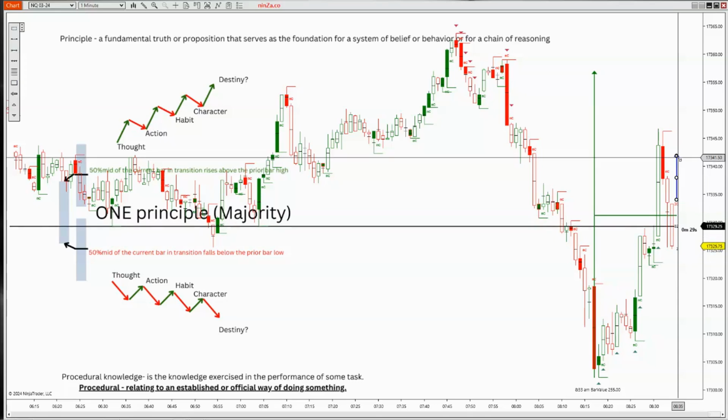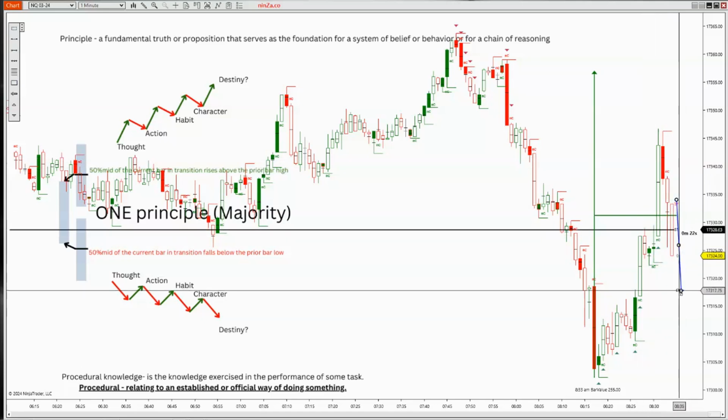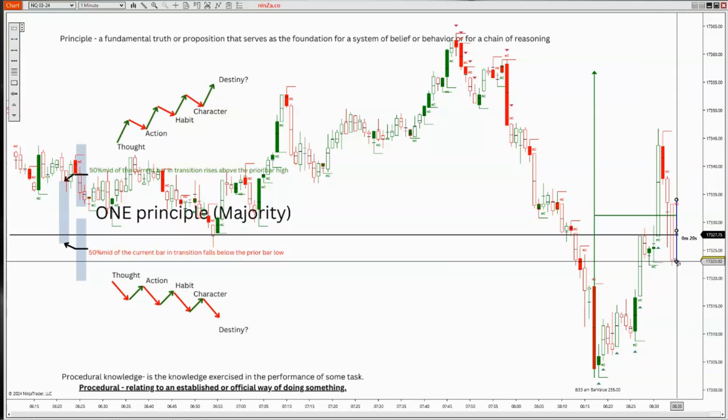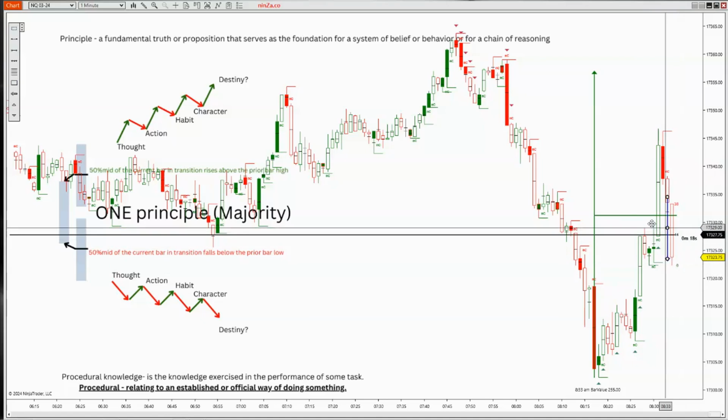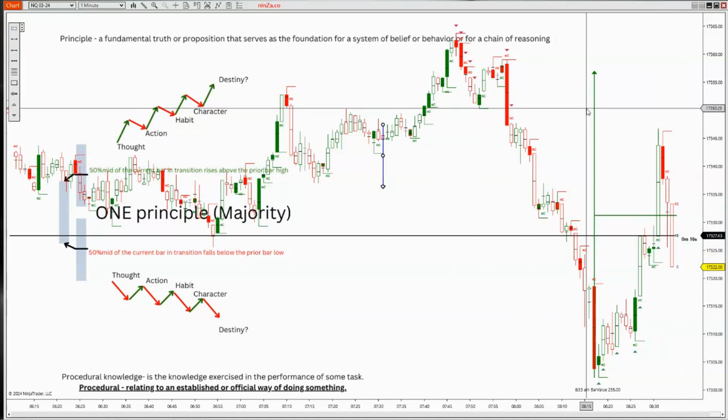All right, so let's see if they'll close under that level. Yeah, they're breaking that wick. That's not fun. All right, so let's do it. I think they might have just hoodwinked everybody. All right, so now